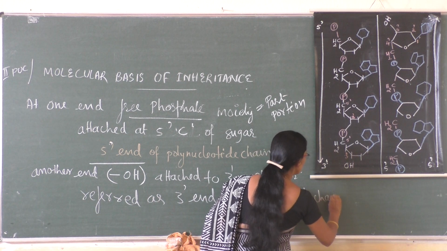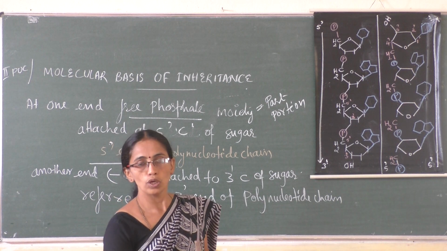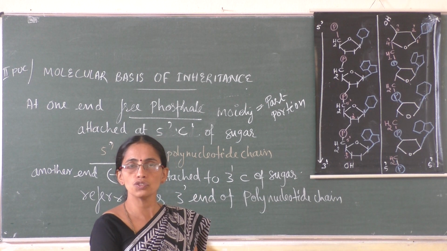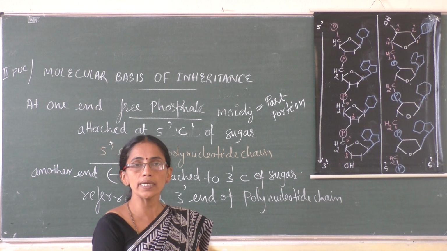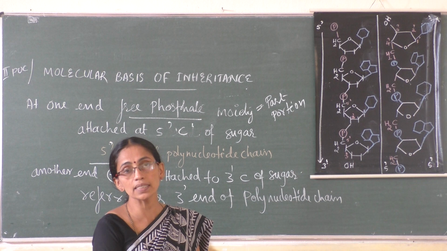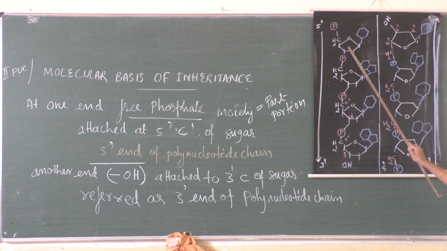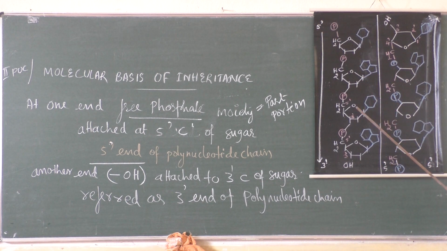So what is that? Nucleotides join together to form a polynucleotide. Polynucleotides are formed from phosphodiester bonds. A polynucleotide chain has two ends. One end is the 5 prime end, the other end is the 3 prime end. So this is a polynucleotide chain. Each one is a nucleotide, 1, 2, 3, 4. Nucleotide chains are held together by phosphodiester bonds. Okay, this is the fifth prime carbon of this sugar to which a phosphate is bound.